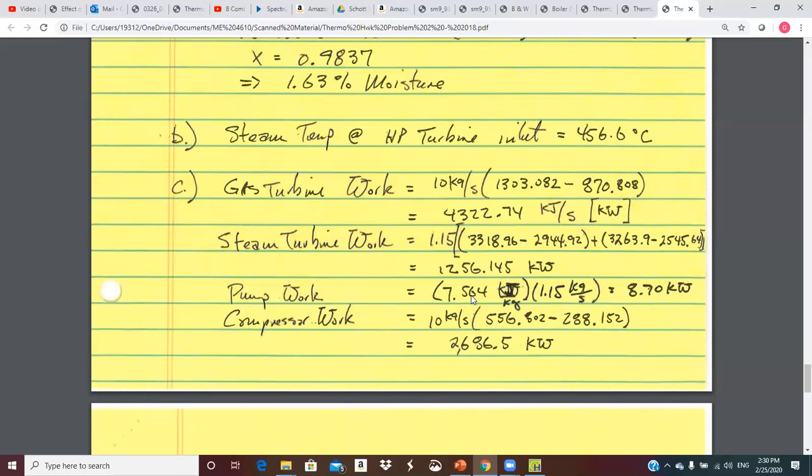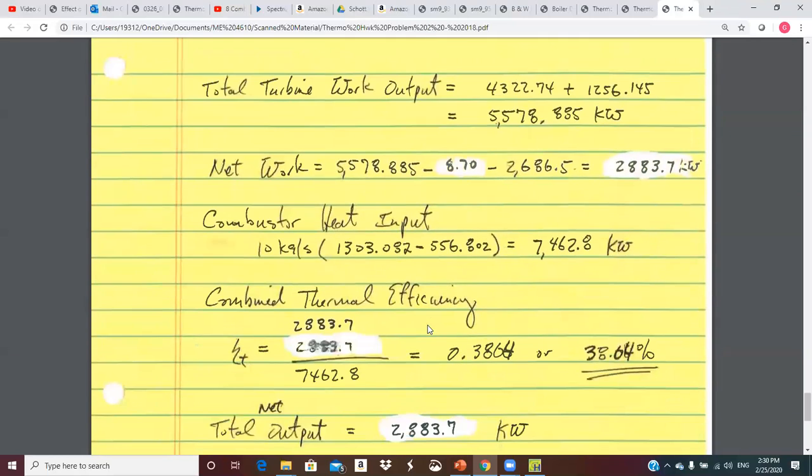Pump work, enthalpy per kilogram times the flow rate, 8.7 kW. And compressor work, the 10 kilograms a second times that enthalpy difference, 2686. Just look at the huge difference between the compressor work input and the pump. Easy to pump a fluid, hard to compress a vapor. Okay. So